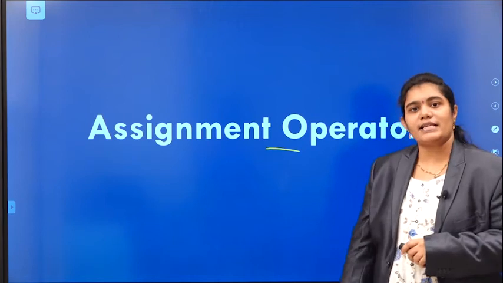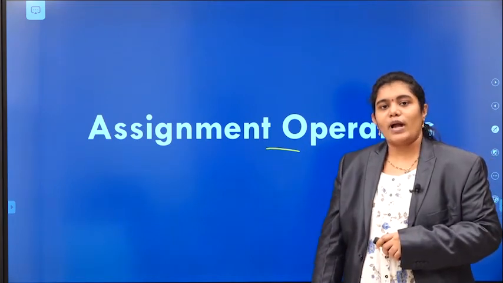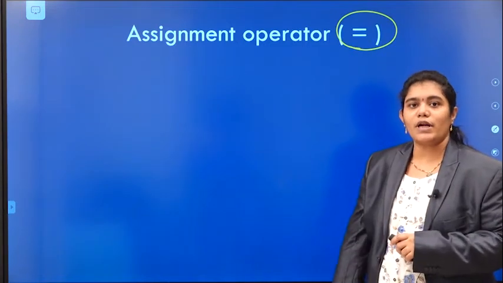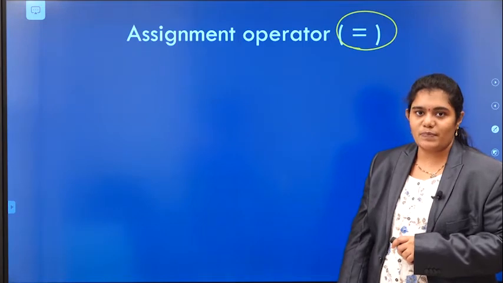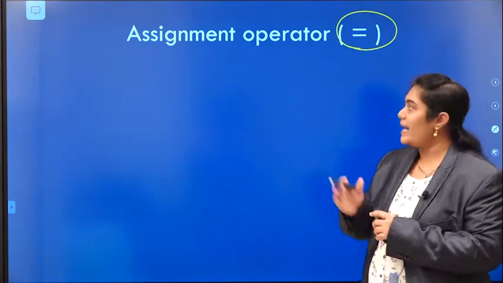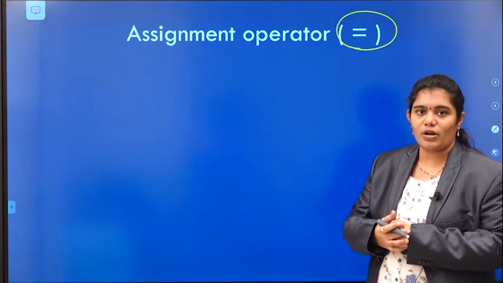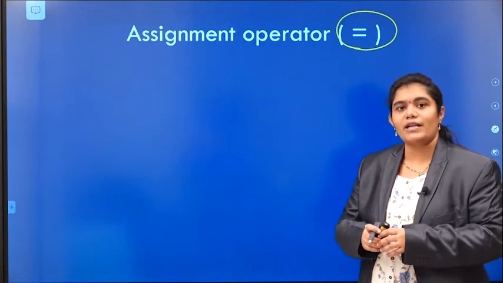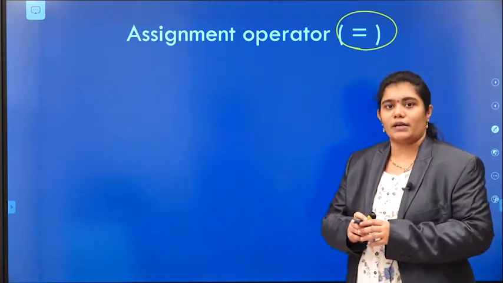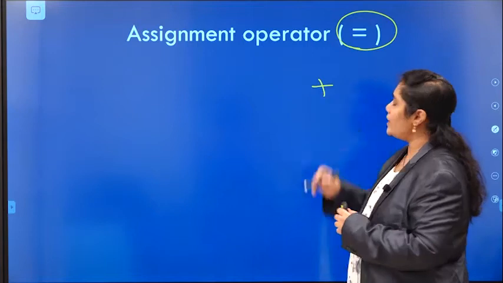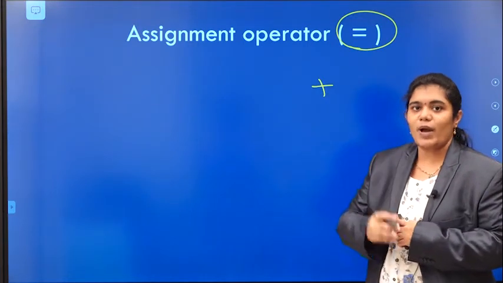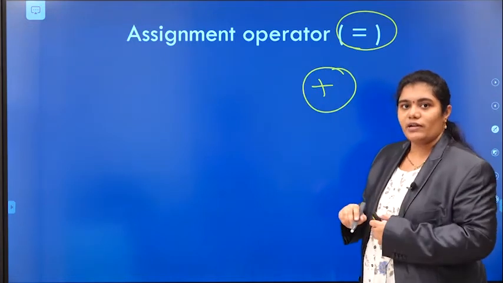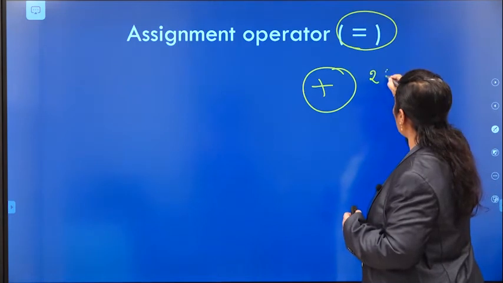What is the purpose of an assignment operator? The assignment operator is indicated with an equals to symbol. Unlike other operators, it has its own importance, because if you want to perform any arithmetic operation or any bitwise operation, you complete that operator. If you choose an arithmetic operator like addition, what do we require to complete it? You require just two operands,